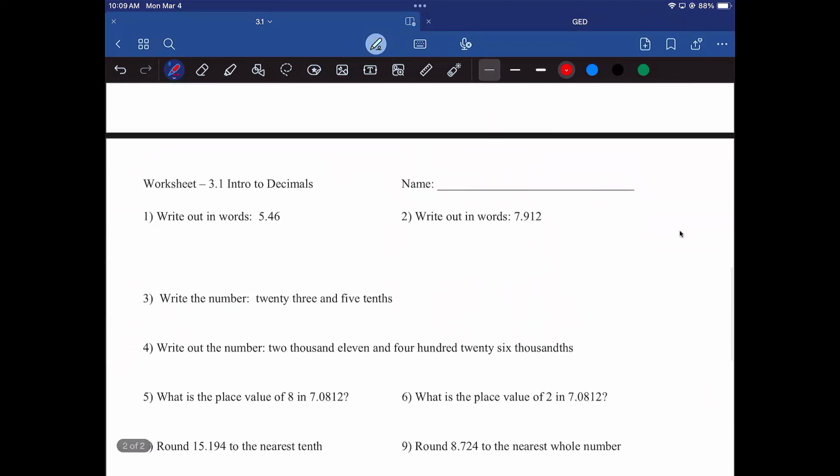So now let's write out in words for number 1. This would be 5 and, and this is where it gets a little confusing for a lot of people. They'll look at this and they'll go, okay, 4 tenths and 6 hundredths. But when I talk about money, I would be talking about $5.46. The same thing applies. So I would write this out as 5 and 46